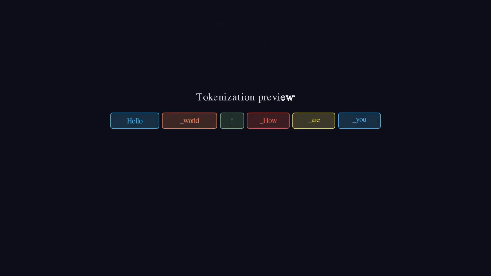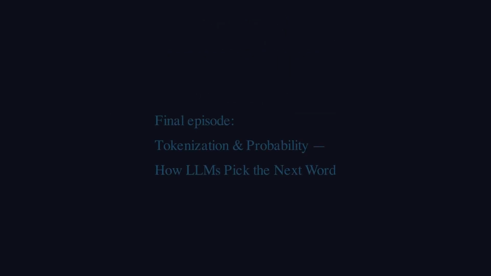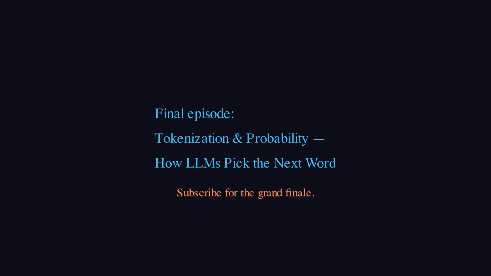One episode left. Next time we close the series with tokenization and probability. How AI actually reads text, why it doesn't see words the way we do, and how the entire system comes together into